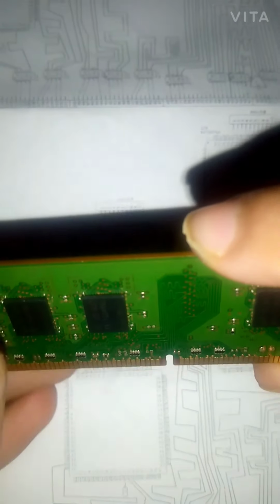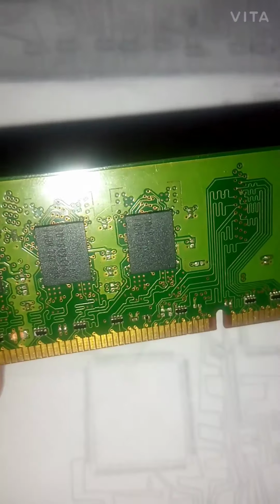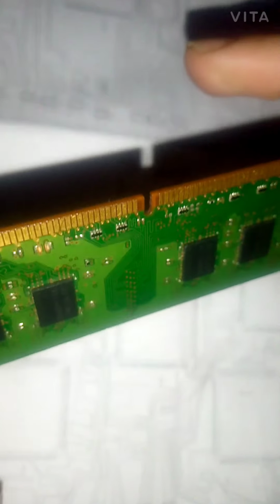So there are chips. This chip is used in cell phones. One or two chips are used in only one cell phone. So combined, they are also used to make a RAM. And this is the EPROM. What is the EPROM? EPROM is electrically readable only memory. So when something goes wrong, for example the RAM is burned, you can change the RAM.